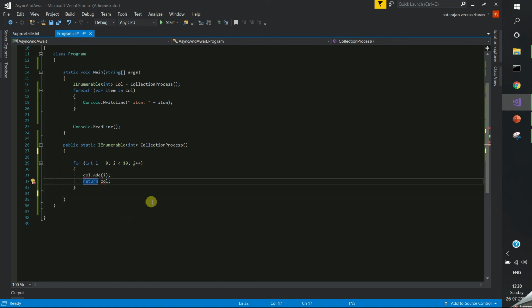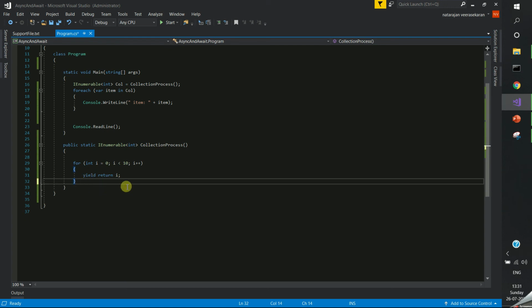Here I am using the yield keyword, yield. What are we going to return? Just this variable. If we declare return previously, it will break, but here you can see I am returning, even though I am not returning the entire enumerable collection.